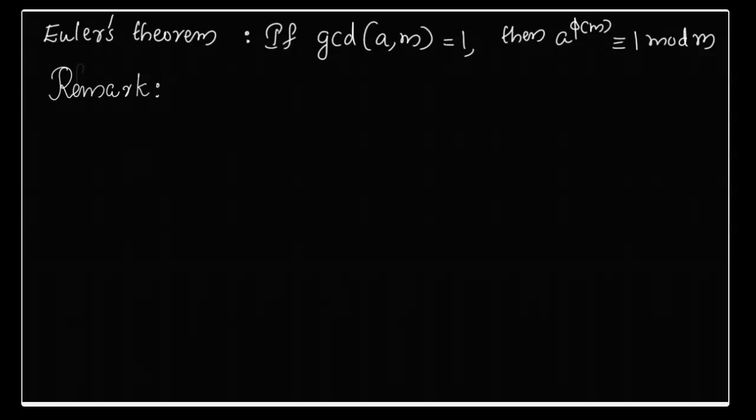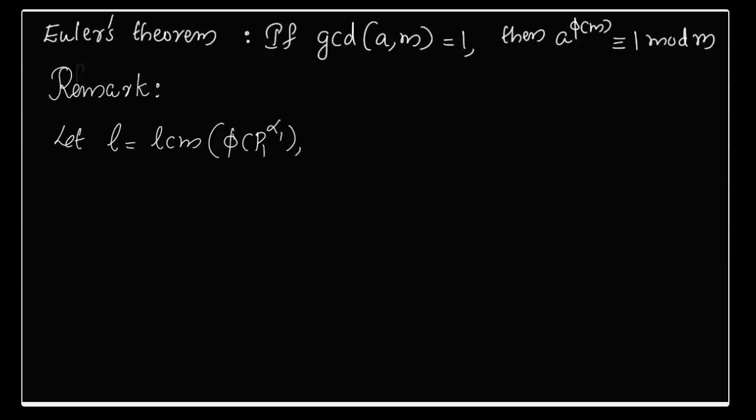We have already seen that Euler's theorem states that if GCD of A and M is equal to 1, then A raised to phi of M is congruent to 1 modulo M. But from the proof of Euler's theorem, we can also see that lower powers of A may also be congruent to 1 modulo M. To show this, let us assume that L is the LCM of